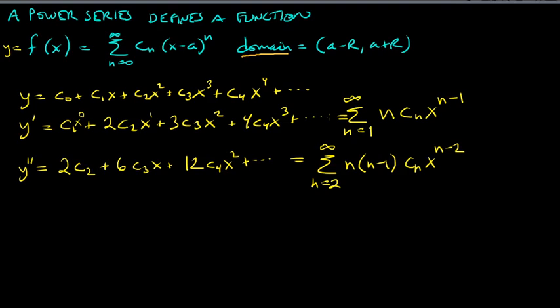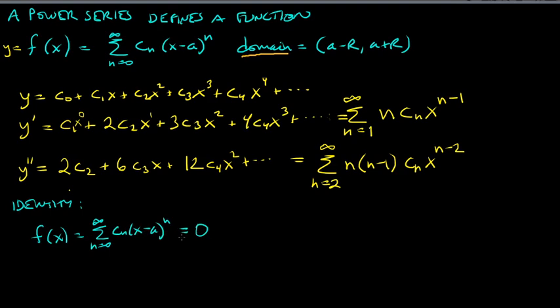Okay, so let's go on to another property. I guess some people call this the identity property. So this is the identity property, and all it states is that if this power series